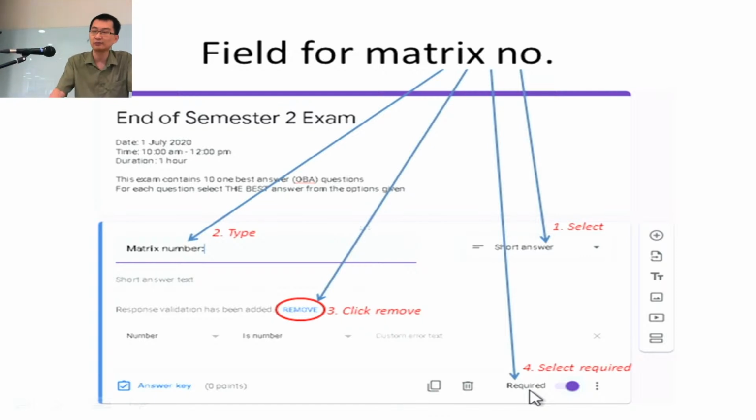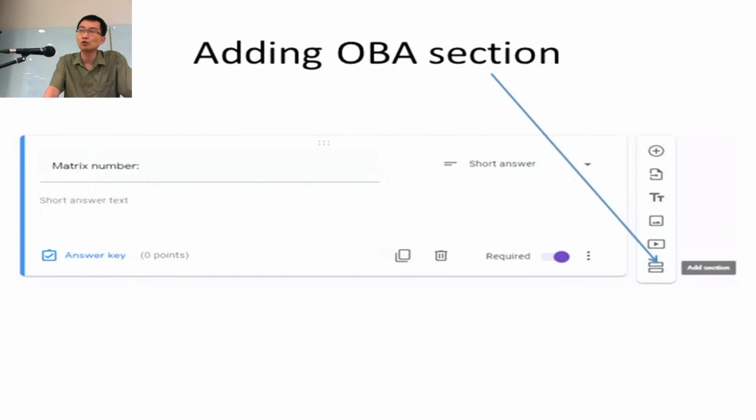Okay, so by doing this, we make sure they have to answer this question. Right. So once this is done, we move on to adding the OBA section. If you notice at the right hand side, there is a menu with a plus, then a document, the TT, then a video, and then two bars. The two bars refer to add section. So we add the section,